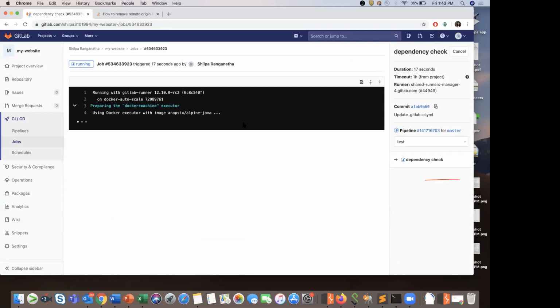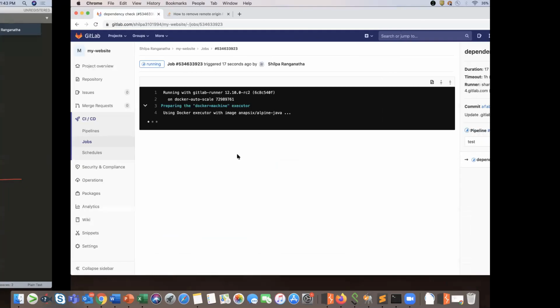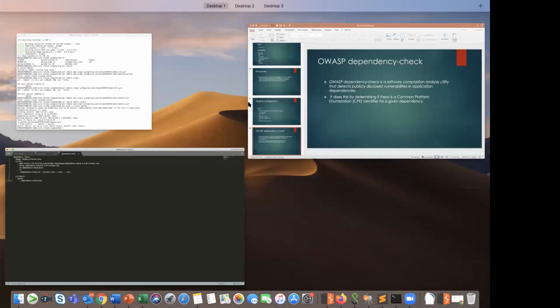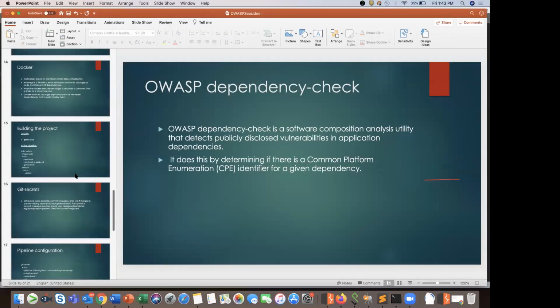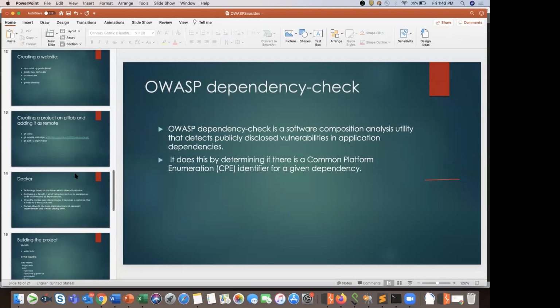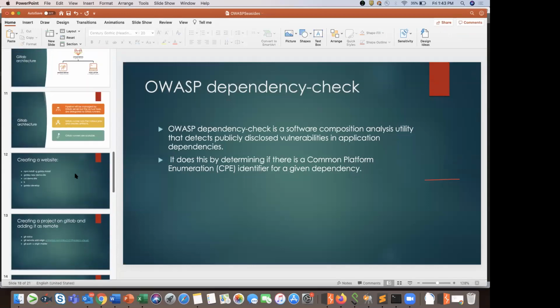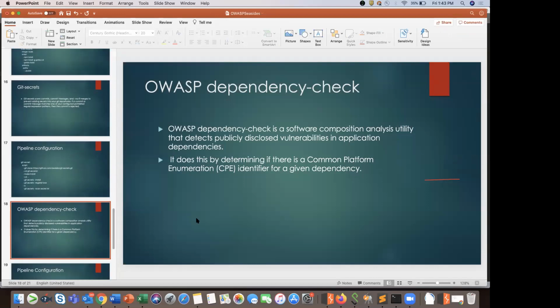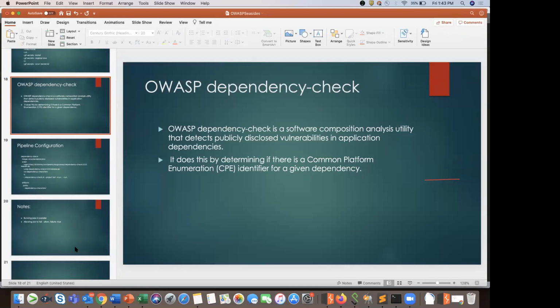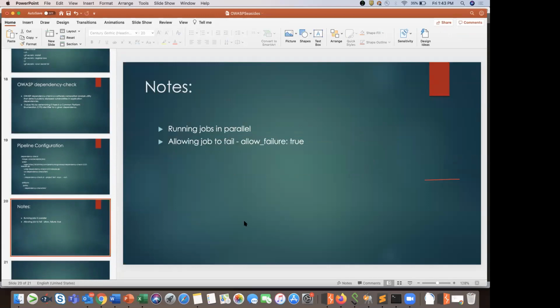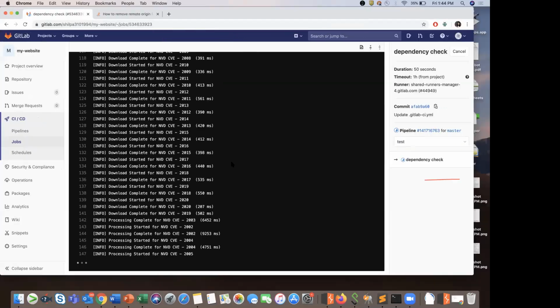Yeah, so I think it's going to take some time. Let's go back to a slide till then. Okay, so I think all the topics have been covered. This is the last part of the GitLab session here. Apart from that, there are also some pointers that I will be adding at the end. Maybe we'll wait for this to finish.